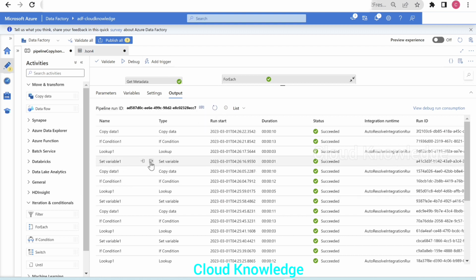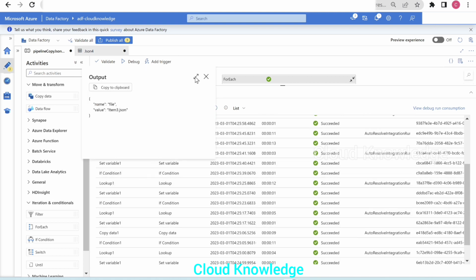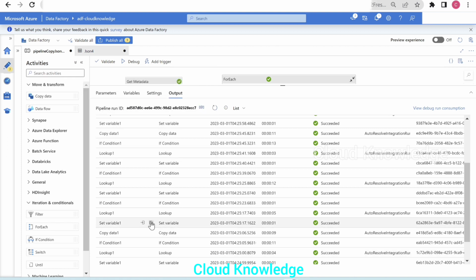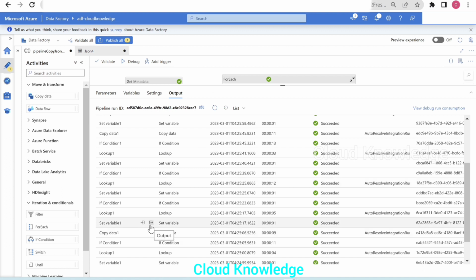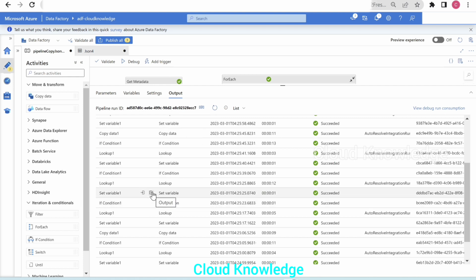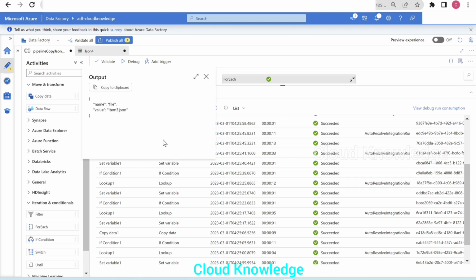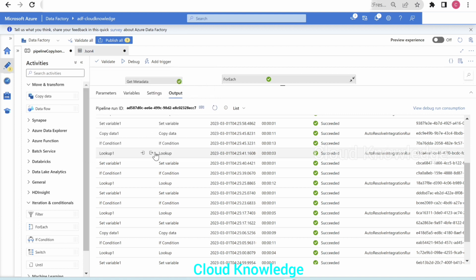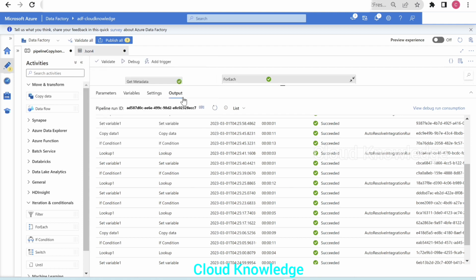So this was not the one, this was the Cosmos. Let's go before item 3. Here comes empty.json. Okay, so this is the file empty.json and just above it we have the lookup activity, which is giving us the value of the empty.json. Again, the set variable has empty.jsonfile.json. The lookup will look up that the file has no content, let's say. Item3.json has data in it, right? The value has the contents of the JSON.